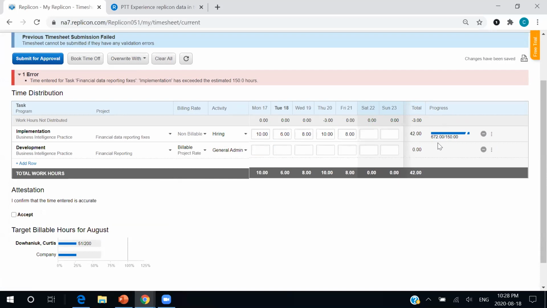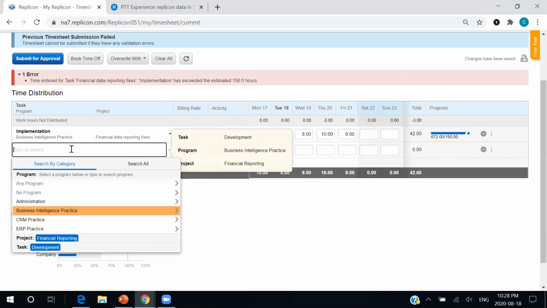And this is important not only for supervisors to understand, but for end users, because they need to know how far along a specific task should be and when it should be nearing completion. And as we can see here, I am a little bit over the allocated hours, and we'll see what happens when I try to submit this timesheet.